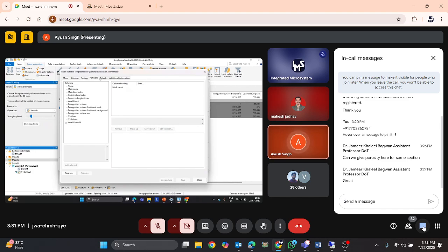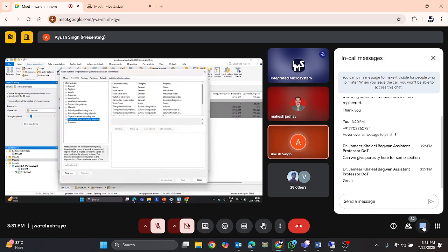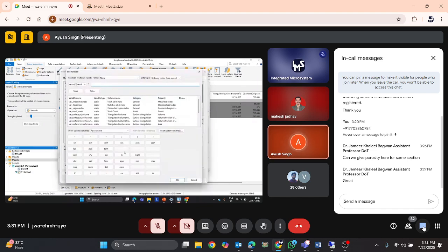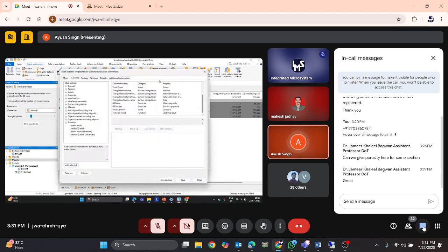So, changing part by part, we can select the region that is required and the different columns that we need to add. We can just select it over here. We can add the selected region. We can set the value. This is a very detailed tool and it takes around 2 to 3 days to just know about it